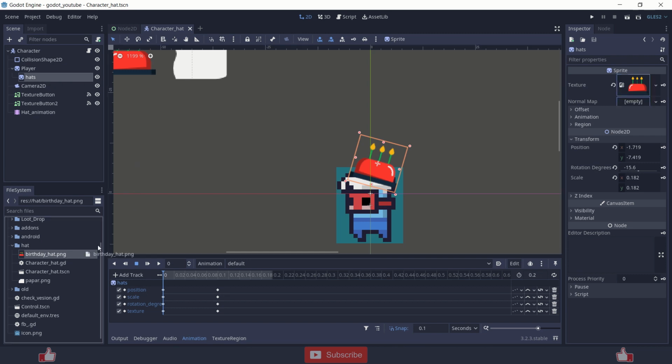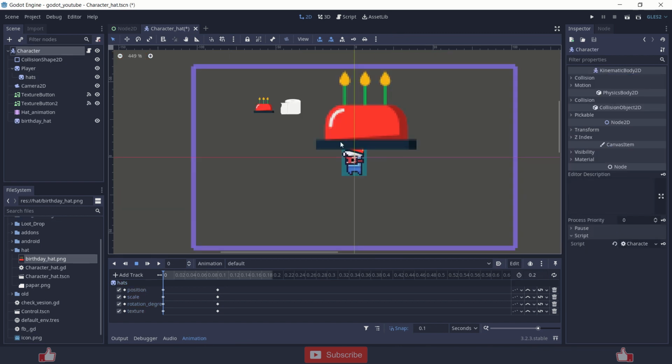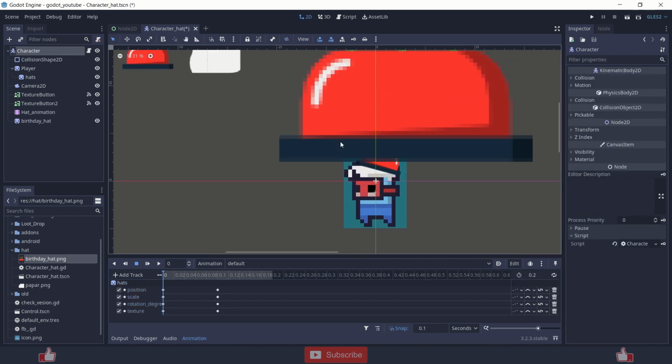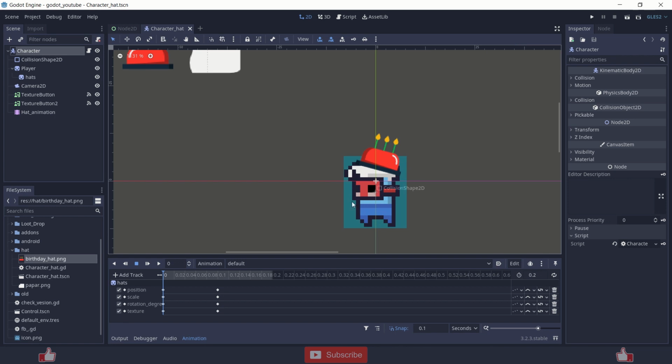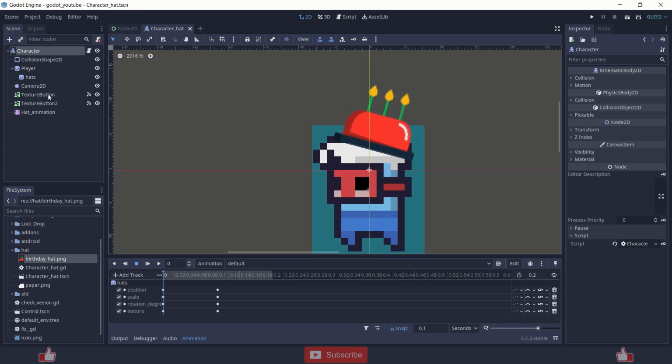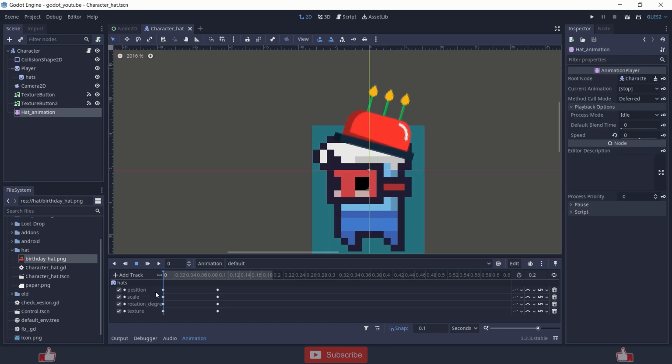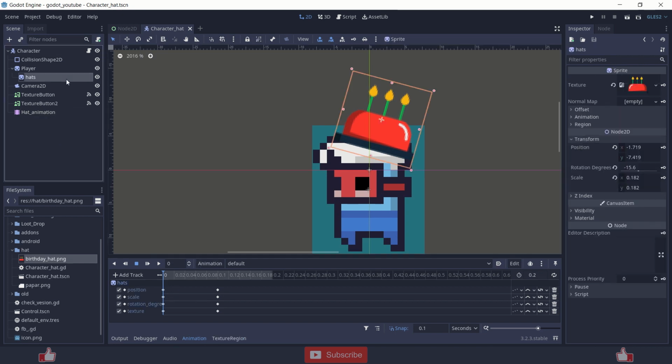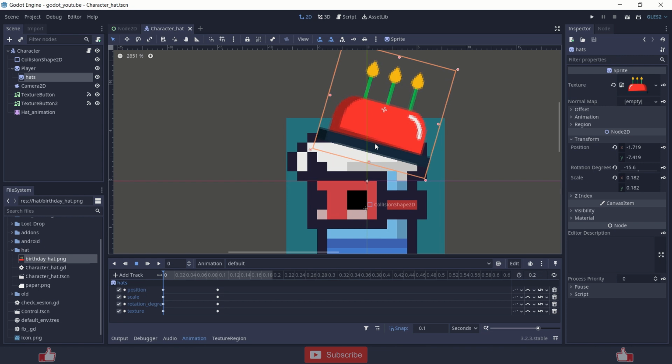But for me I am using different resolution customizable parts, so that's why I have created the animation and I am just keying the transform node, which is position, rotation and scale, and keying these values just where I want to have that part.